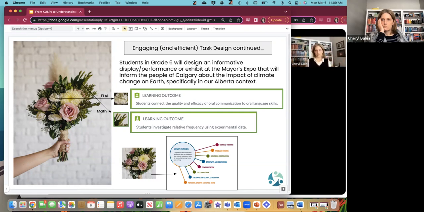And the great part about this way of thinking is that when you pull and cluster all of these different subjects and learning outcomes together, we're actually doing an even better job of helping to build competencies. And if you see the little square at the bottom, when we do this, we are asking them to be critical thinkers. We're asking them to manage information and to consider different aspects of the competencies as we go. And the best way to do that is to really look at pulling those all together.